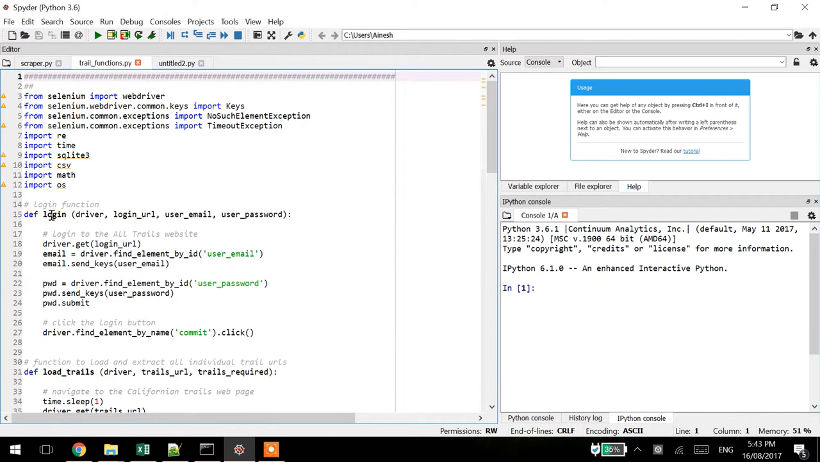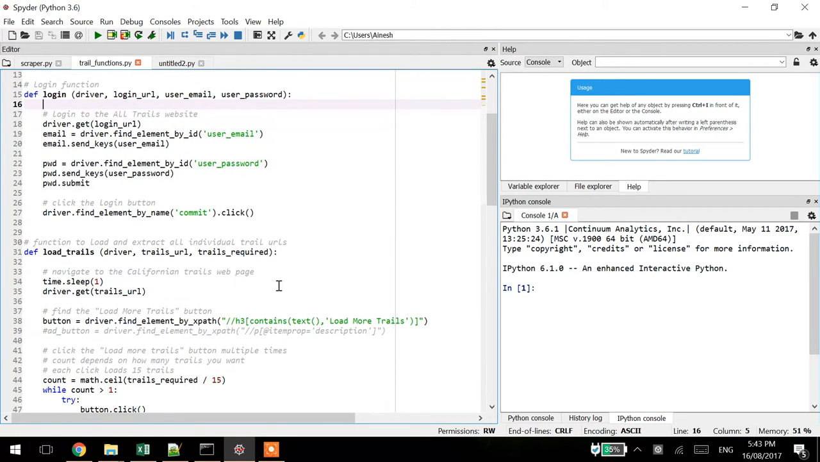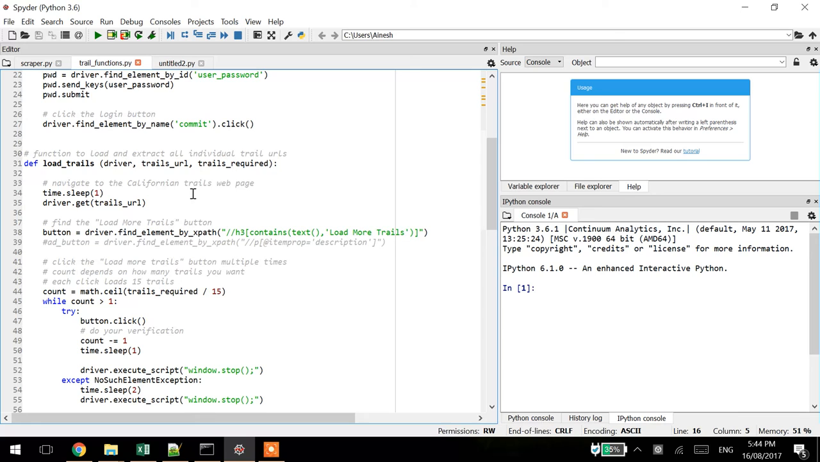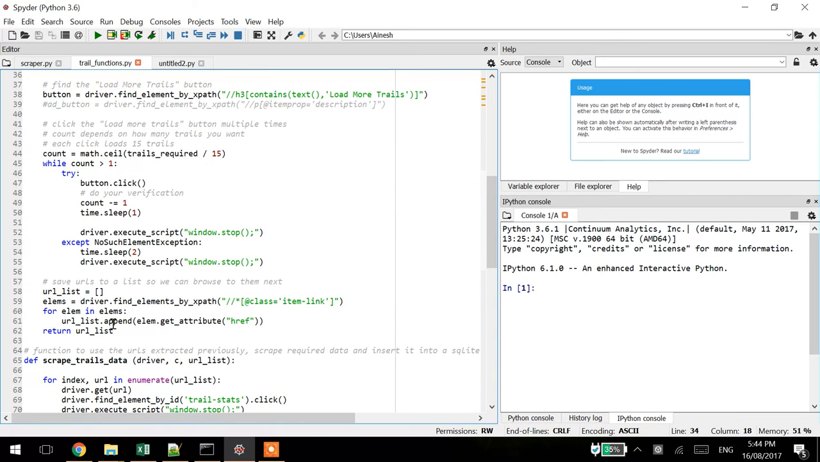The first function is login. Here we are essentially logging in to that first page with a user email and a password. The inputs are the Chrome driver, so essentially the website, your login URL, so the AllTrails website /login, your email and your password. The next function loads all the trails and saves it into